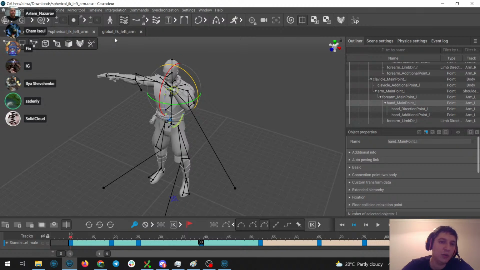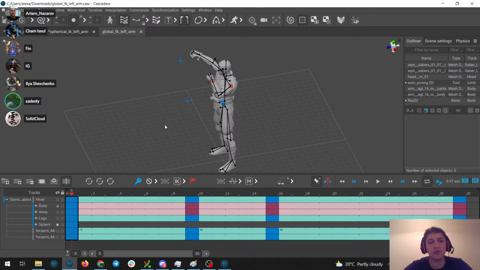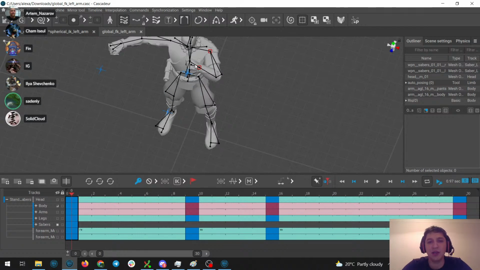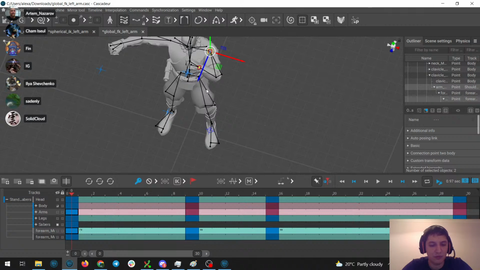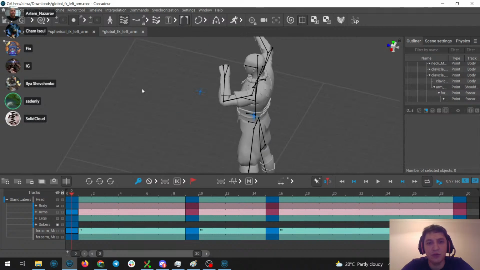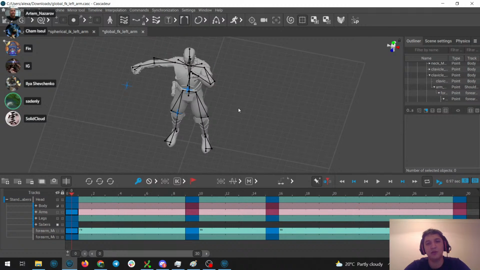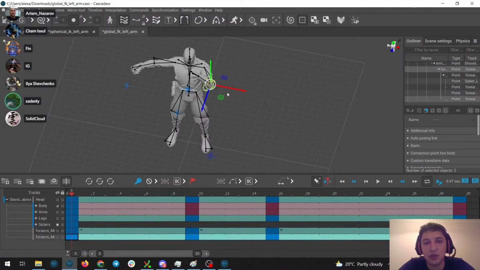The other idea we had is actually closer to FK. This is a setup. To make it pretty fast, I had to delete the pole vectors, but if we implement it fully, the pole vectors will be here, but when you turn on this kind of interpolation, they will not matter, as they don't matter in FK interpolation, and they will just be defined by the positions of the points.